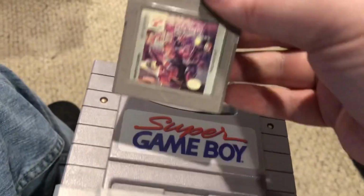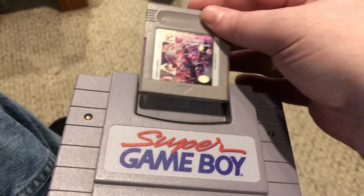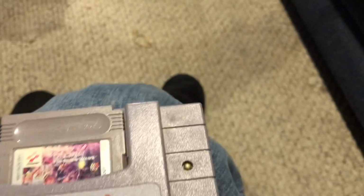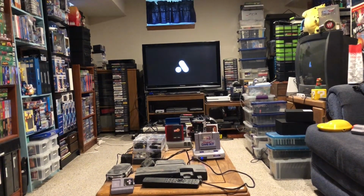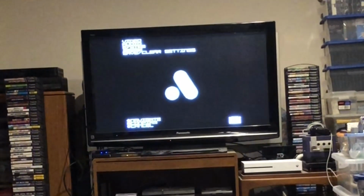Anyway, moving on. I have two different Super Game Boys here that we're going to test, and I'm using Contra: The Alien Wars because this is reputed to be one of the best Super Game Boy enhanced carts that you can get for Game Boy. It has more color palettes than a lot of the other games, and apparently the only one better than this is Super Space Invaders, which I can attest to from having that. It has the full Space Invaders for Super Nintendo